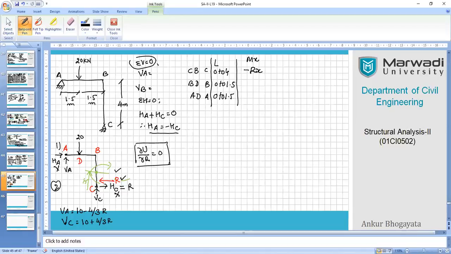For you now, all the horizontal forces are only R, because we have established this relationship also. So I hope you are clear on why we are writing R instead of HC or HA. Both are the same; the only thing is their sign is different, and at the same time we just want to have a common R value because that's the only horizontal force in this system. So there is nothing wrong to assume a common symbol for both these reactions. Otherwise, we could have selected a particular horizontal reaction like HC or HA.